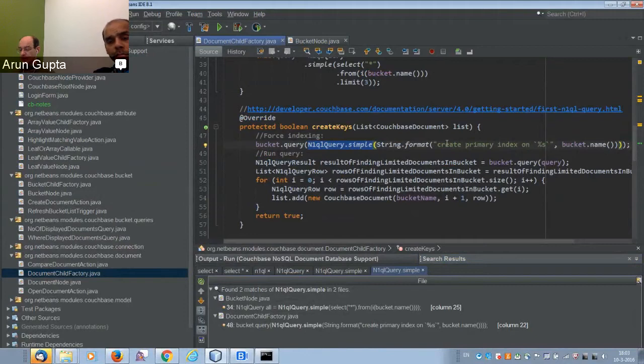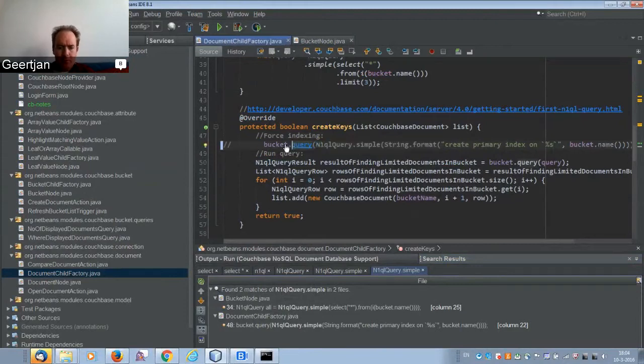So as I said, the primary index is what allows you to do a sequential scan on the documents of a bucket. So this particular call is creating that primary index so that you are able to retrieve the individual documents from the bucket. If you did not have that query, you could not retrieve the individual documents without knowing their keys first.